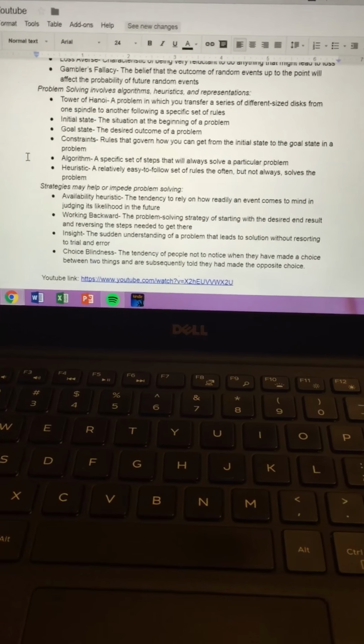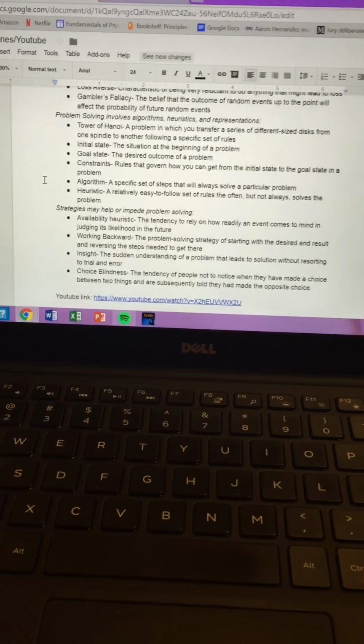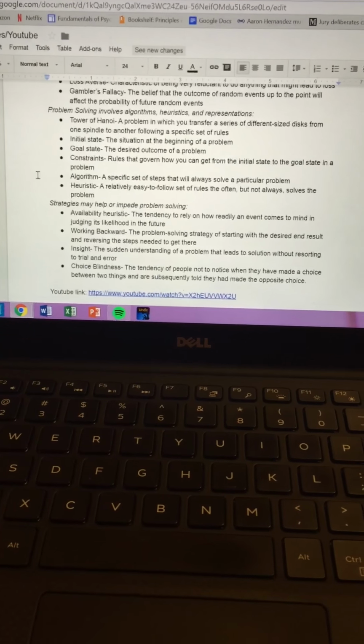Problem solving involves algorithms, heuristics, and representations. The Tower of Hanoi is a problem in which you transfer